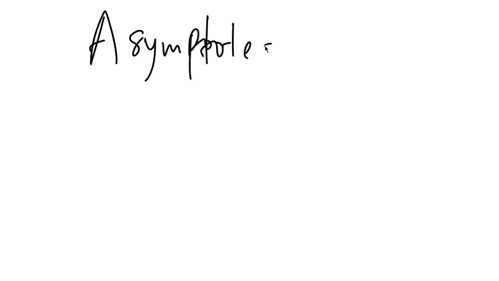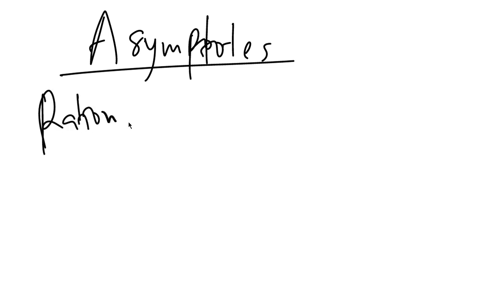Welcome to this channel, and in this video we are going to be looking at how to determine the asymptotes of a function, especially as this applies to rational functions. And what's an asymptote? An asymptote is simply a line,